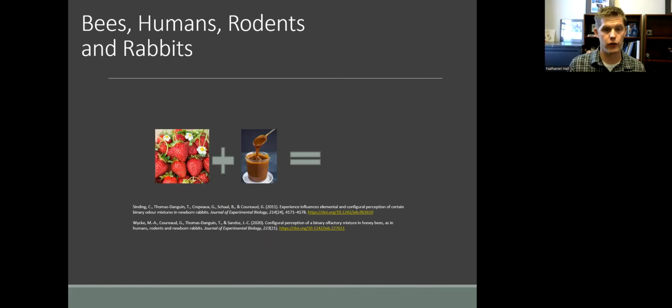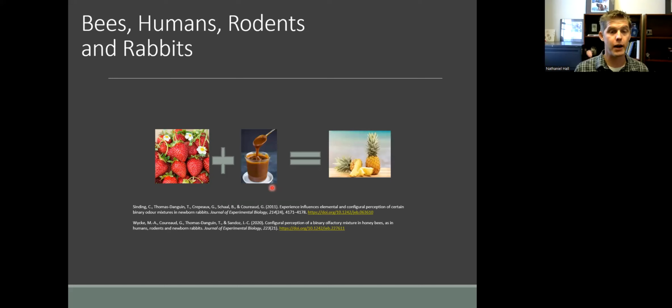We do know that for a variety of species, we can have certain configural processing in different scenarios. For example, there's one particular chemical mixture that has one chemical that smells strawberry-like and another chemical that smells a bit caramel-like. You mix them in a very precise ratio together, and it actually produces a pineapple perception, which clearly is not from any of those individual components. When you smell pineapple, you don't smell strawberry and caramel mixed together. It's not necessarily what you would predict at all. This is an example of configural processing.